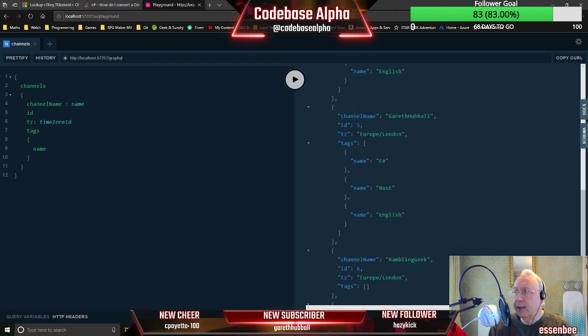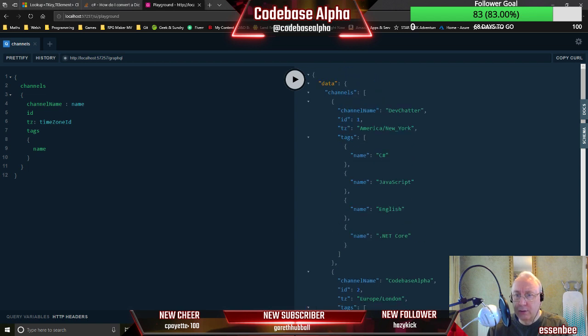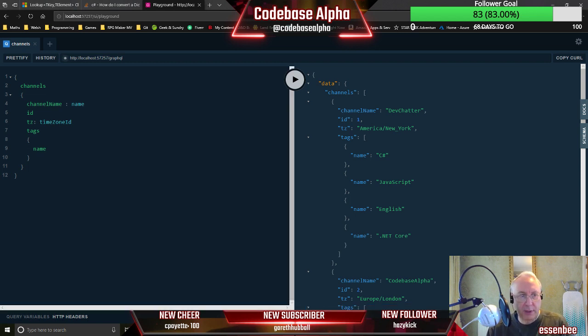And that's using the data loader. So that is meaning that we're only making 2 calls to the database here. We're making 1 call to get the channels, all the channels, and 1 call to get all of the tags, and then we're using the data loader's batch and cache features to actually distribute those tags appropriately. So that's quite pleasing. So we should be able to also get schedule at the same time